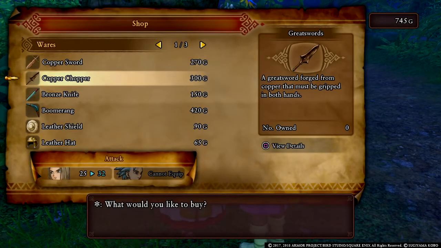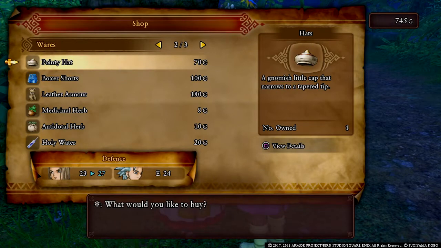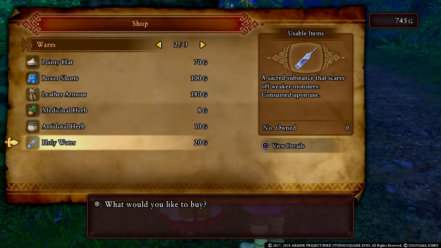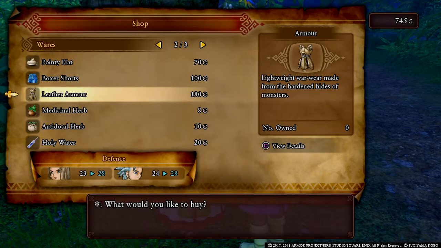Copper sword is an upgrade. Copper chopper is a big upgrade. Bronze knife is an upgrade. Pointy hat, boxer shorts, leather armor. Medicinal herb, how many? We have 13. We're in good shape. We don't have any holy water, but I don't want to avoid enemy encounters right now, so it's not...